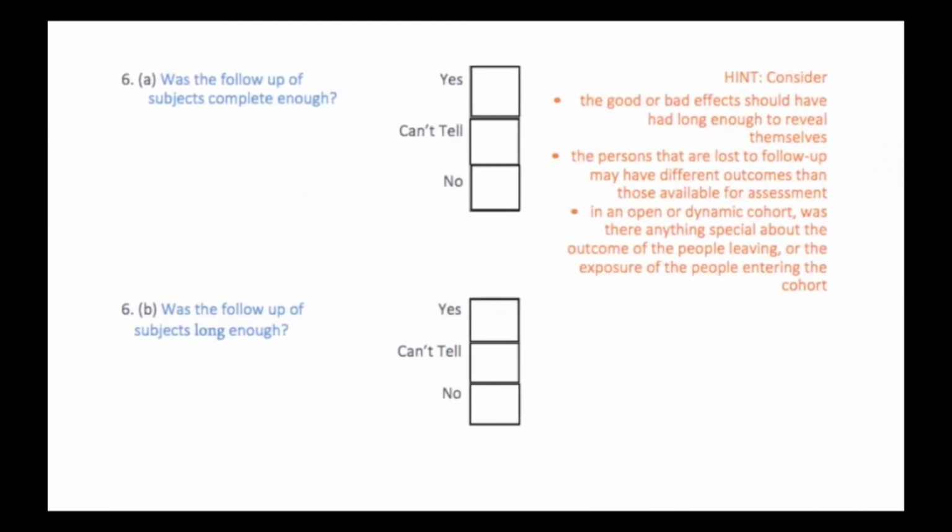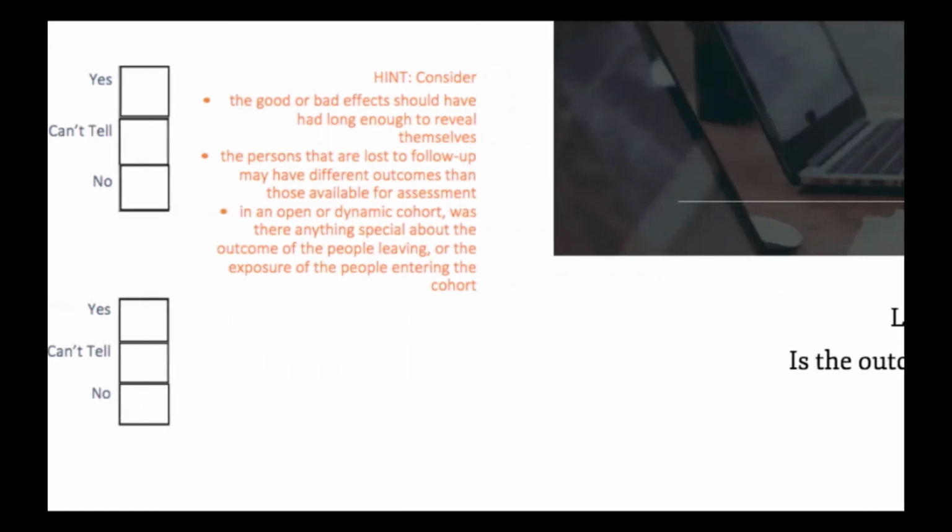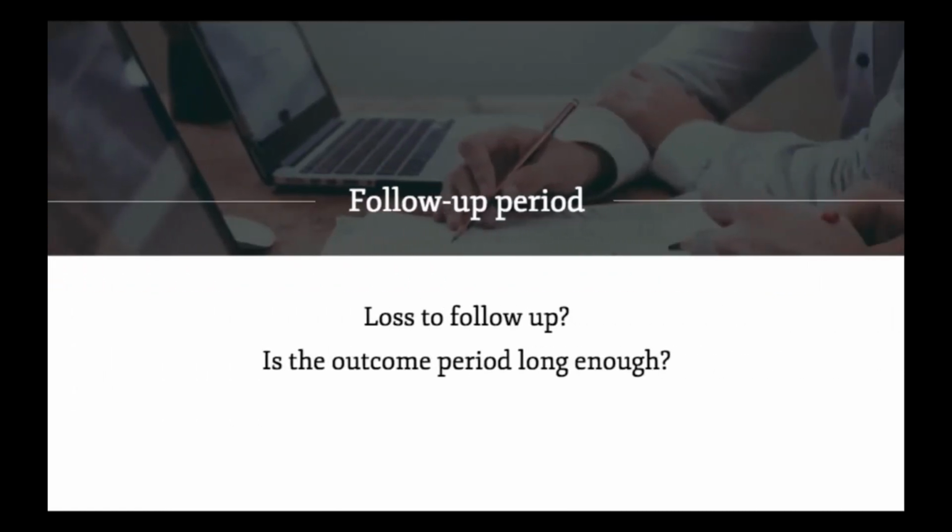This question relates to the time spent on following up the cohort. Cohort studies are generally undertaken over several years, and it is important that the study follow-up period is long enough for the outcome to manifest itself. It's also important that the study tries to collect data from as many people who started in the cohort as possible, and not to allow people to drop out, as the people who do drop out may not be typical of the ones who remain in the study, and this again could lead to an incorrect measurement of the relationship